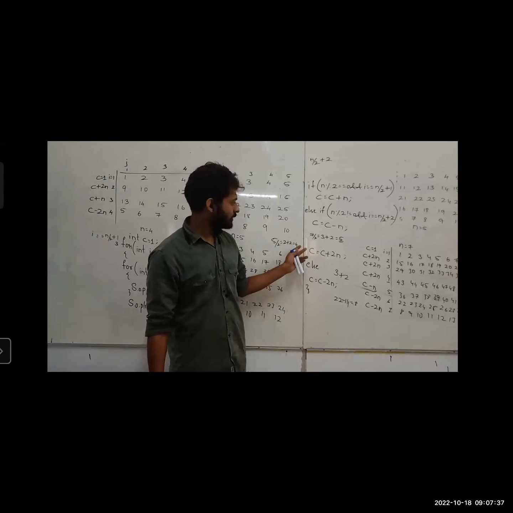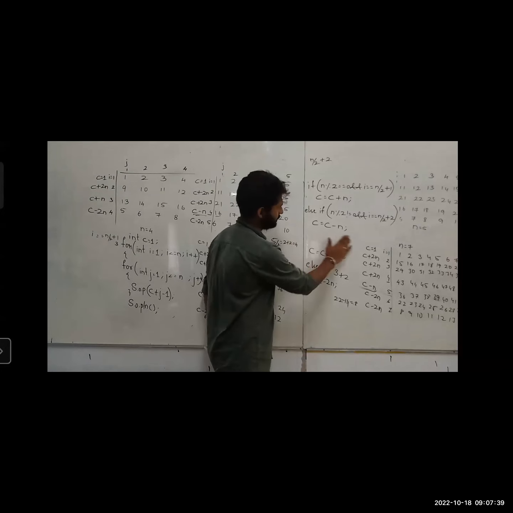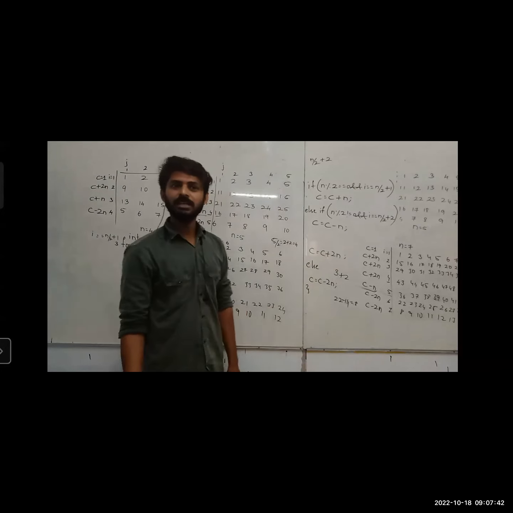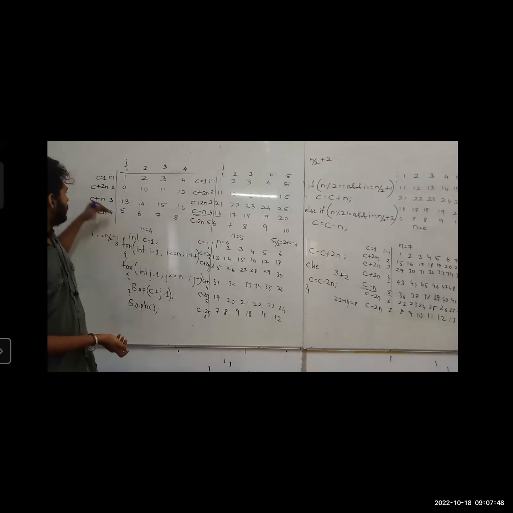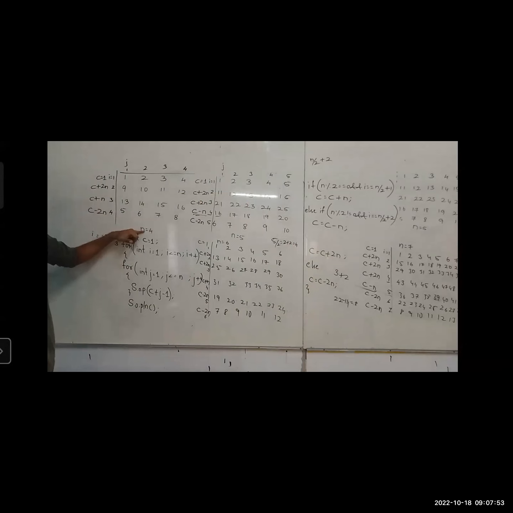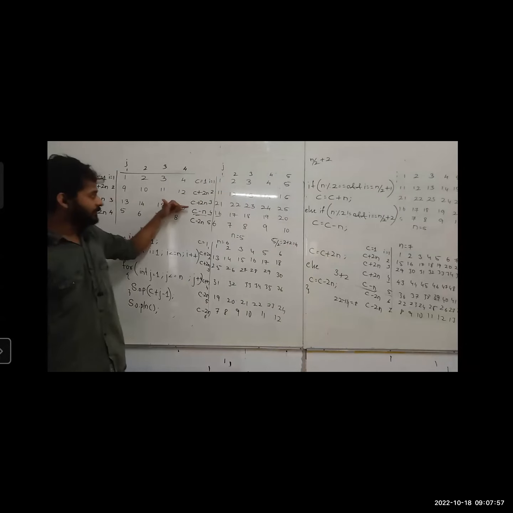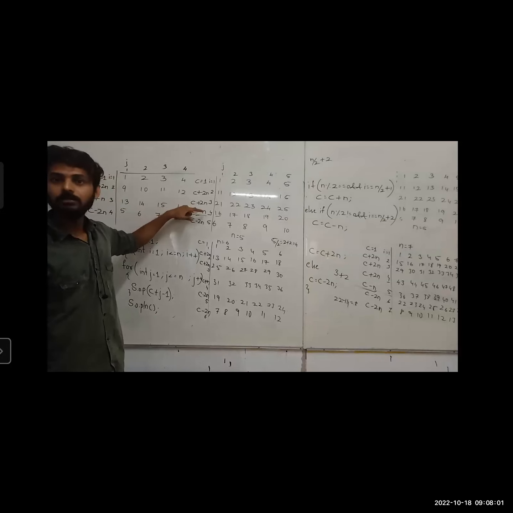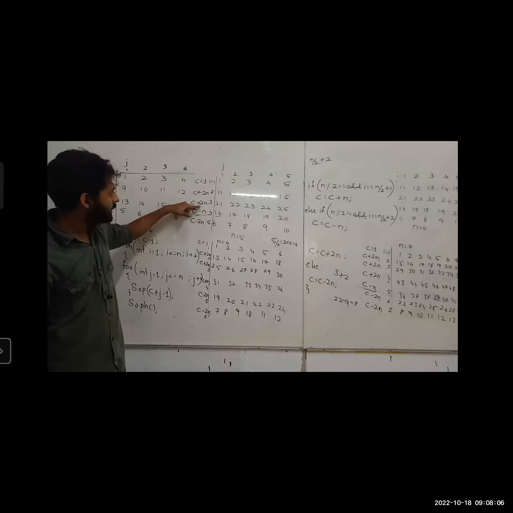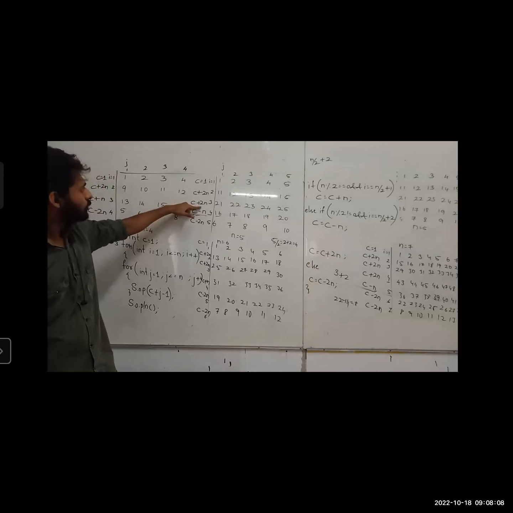What about this one? Anyways, it is coming in both odd as well as even. Where is it coming? It is coming up to N by 2, I can say. Here, if you consider 4, it is coming up to 2. And here, if you consider up to 3, 5 by 2 is 2. So in that case, we may have to